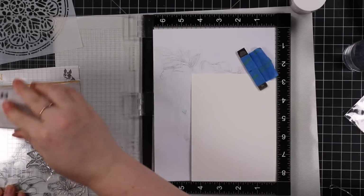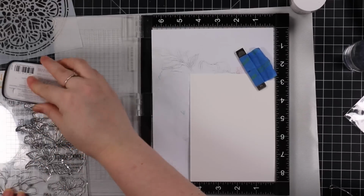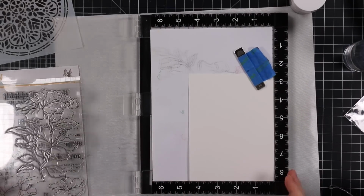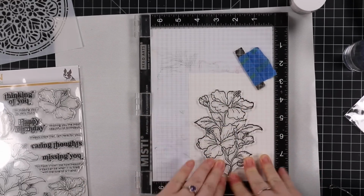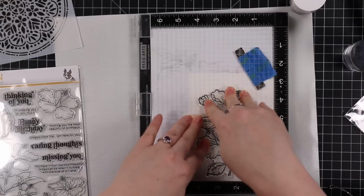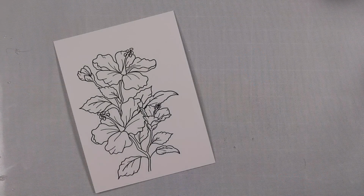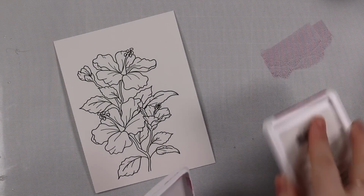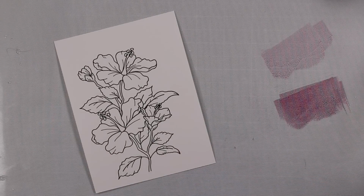And then my main image is from the Simon Says Stamp Hibiscus Blooms stamp set. This stamp set came out last year at some point. I can't even remember. It is a beautiful set, and I don't even think I've ever used it before, and it's gorgeous. So I pulled it out because it was perfect for this color challenge, and I stamped this big hibiscus image onto another piece of that same Canson watercolor paper, and I stamped it with just VersaFine Clair Nocturne